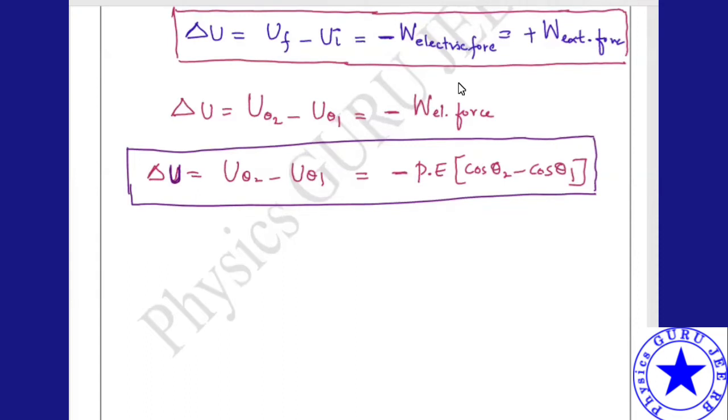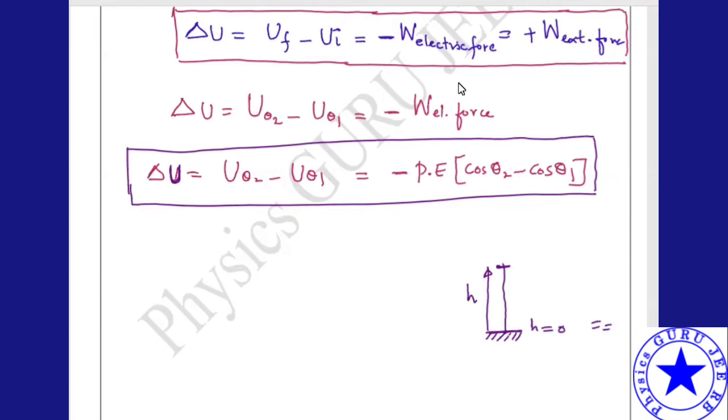That means we have to take one reference point. What is that reference point? For example, if I say on the ground, what is the potential energy? Definitely you will say that on the ground, h is equal to 0, and h equal to 0 means potential energy is 0. In basic classes, lower classes, you might have learned this. If I say what is the potential energy at a particular height, what is your answer?